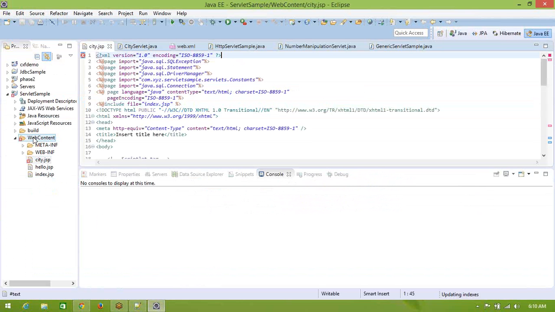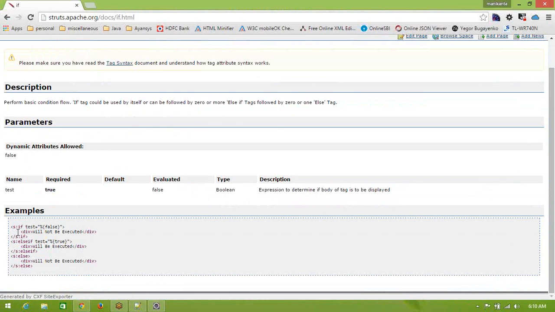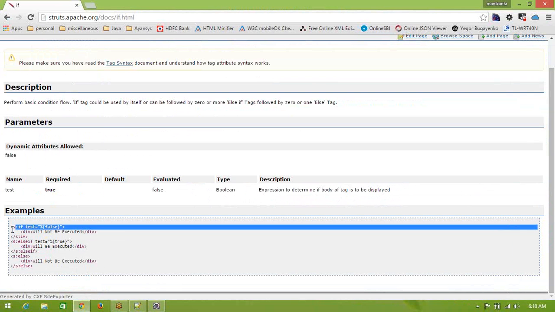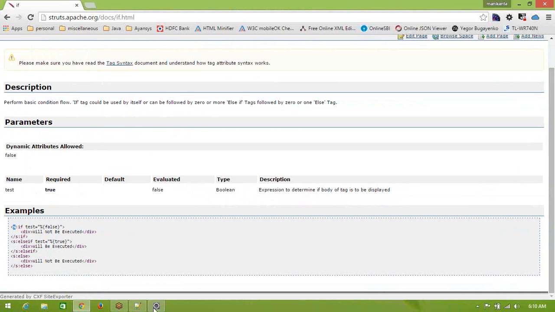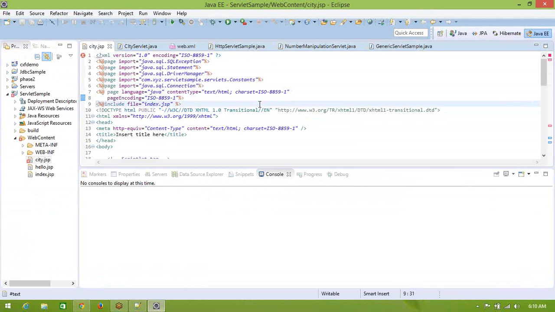He has created a tag called if, but we need to know whether those tags are related to Struts or something else. So we can specify a URI name. I mean, URI name means,